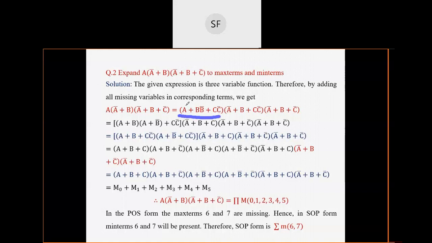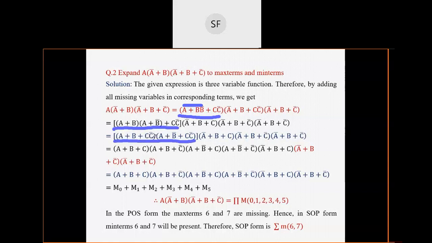So first just expand this, and let C bar stay as it is. Here you can observe only B bar is expanded, A plus B bar. So in the expansion you can observe two different brackets. In one bracket A plus B, in the second bracket A plus B bar. So C bar is kept as it is. Now in the next step, A plus B plus C bar, we have given this C bar into this term as well as this term.